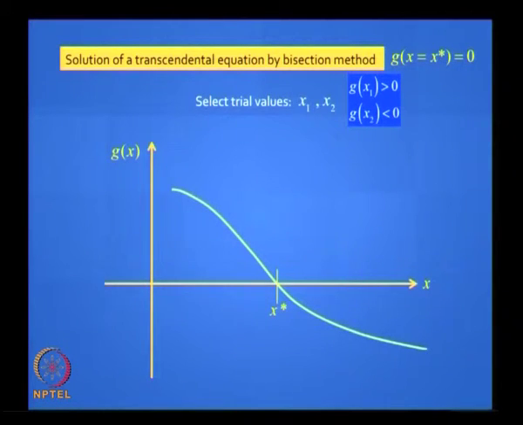If you plug in one of the values, you should get a positive value of the function, and if you plug in the second value, you should get a negative value of the function. Let us say that the value which gives you a positive value is x1 and the other one is x2. So does this make sense? This is x1, this is x2. Now you tell me, what's a clever way of getting x star? Yeah, you bisect that interval between x1 and x2.